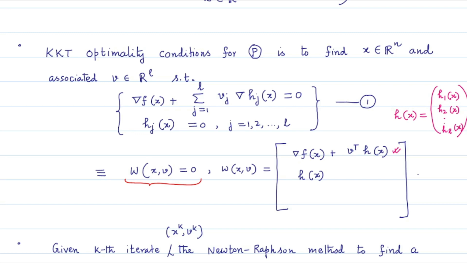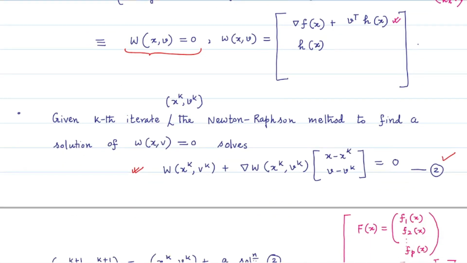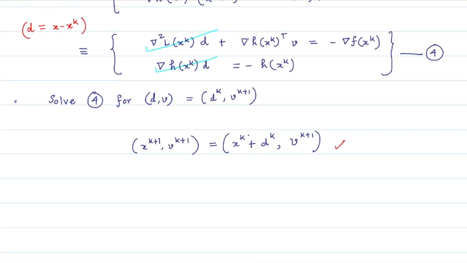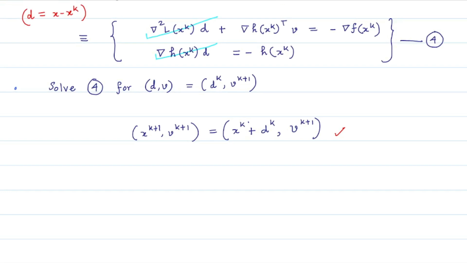This is just your Newton-Raphson method, and effectively this iterative process gives us the sequential quadratic programming approach. In the sequential quadratic programming approach, we do not directly solve the system 4 to find a solution to the system 1, but we go for reformulating this system 4 a bit more. Before getting into this reformulation, the quadratic programming reformulation of the system 4, let me just write out here that after